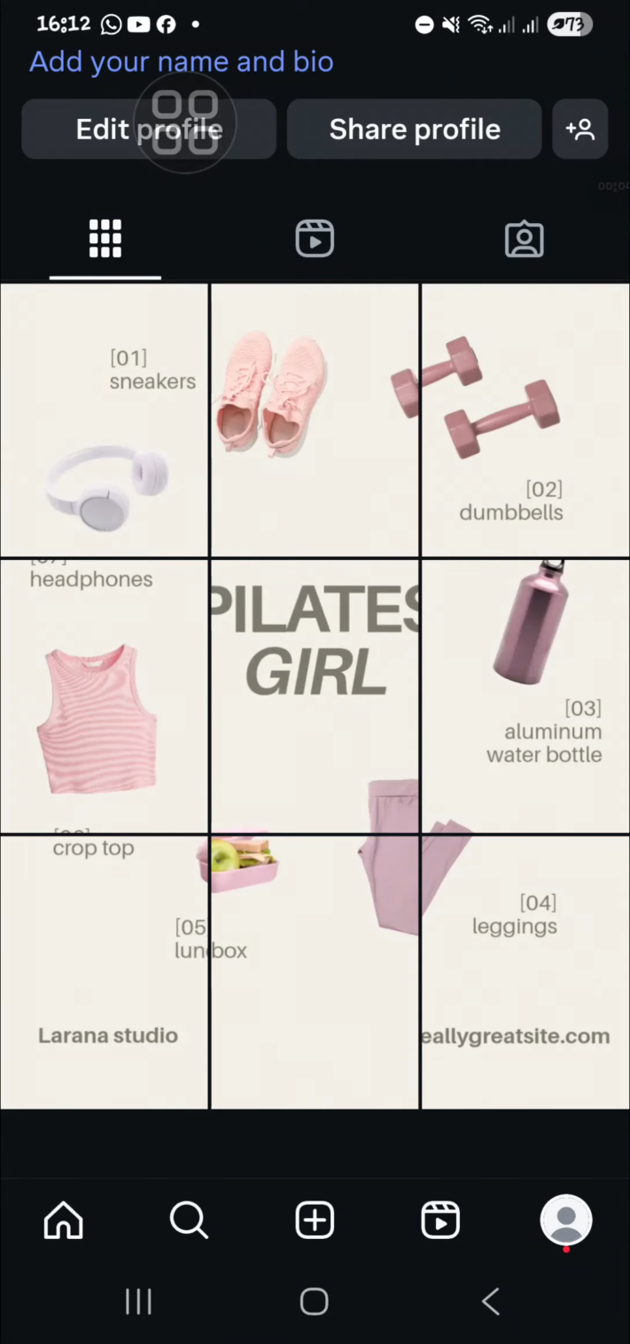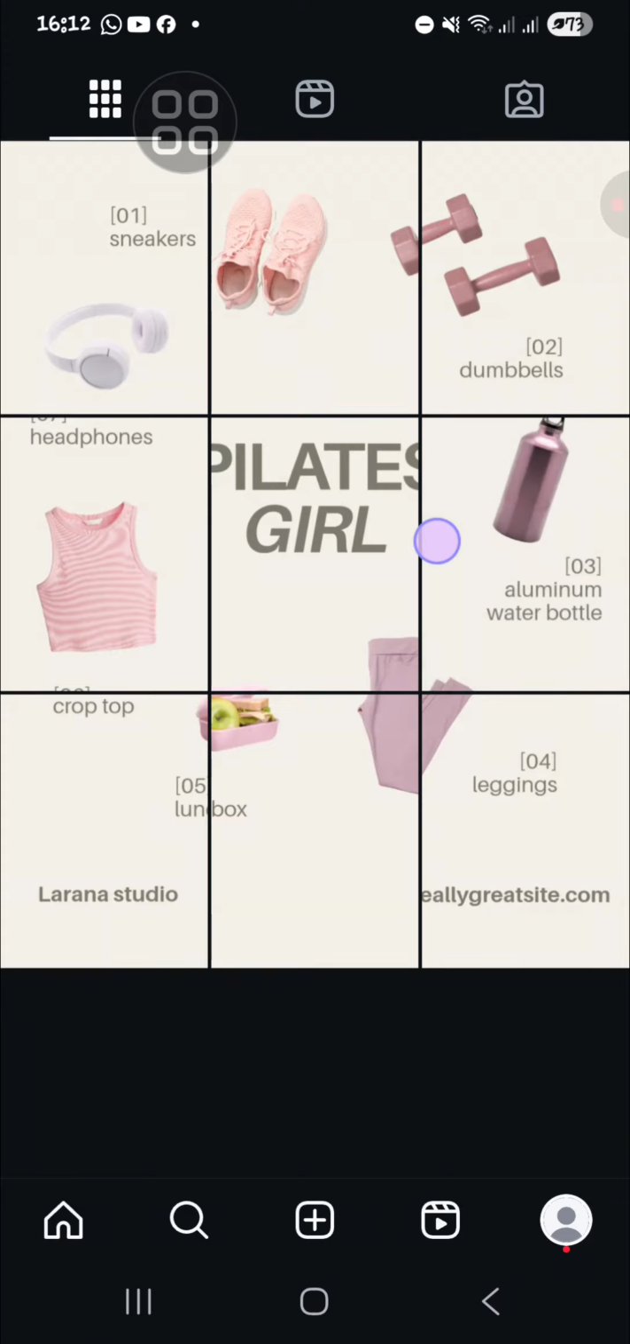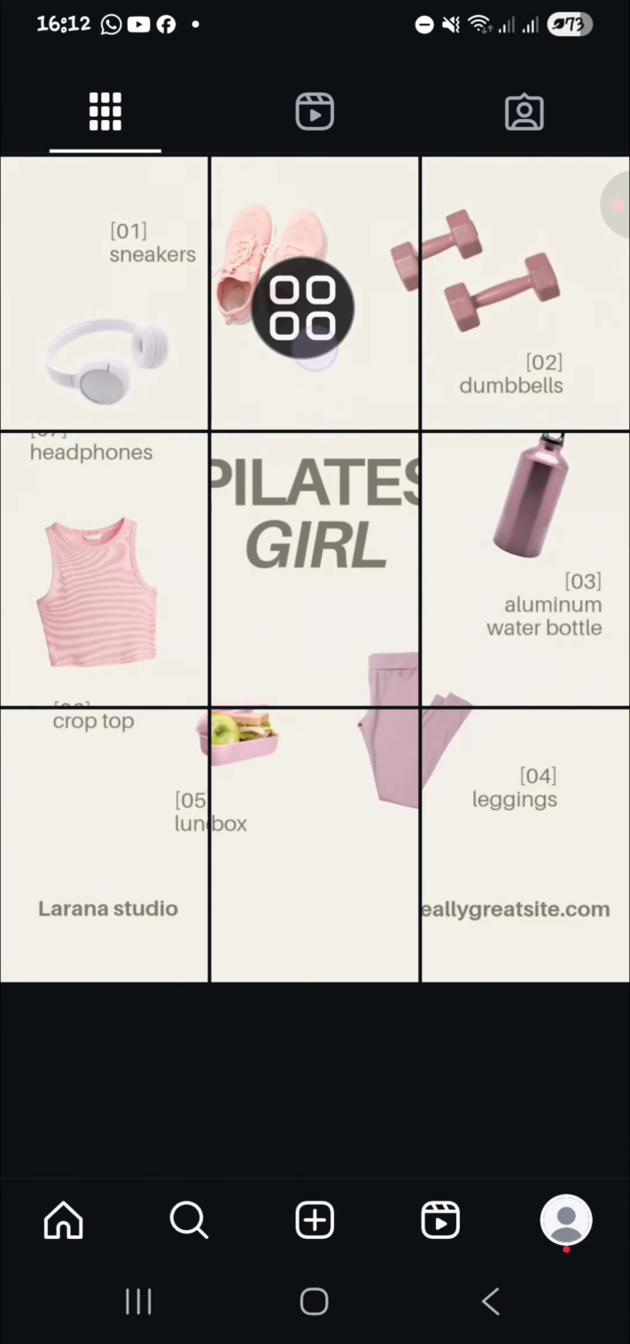In today's video, I'm going to show you how you can create an Instagram puzzle feed using Canva. Okay, let's get into it guys. Before we start the editing, I'm going to show you how the Instagram puzzle feed looks. Okay, this is my Instagram puzzle feed and I'm going to show you how we can create this puzzle feed